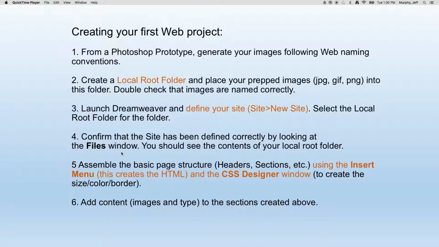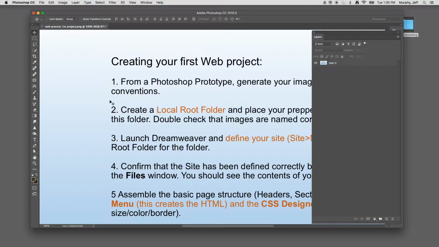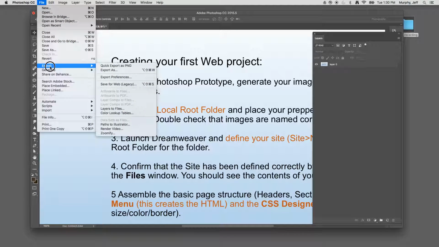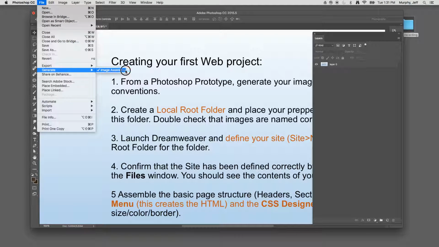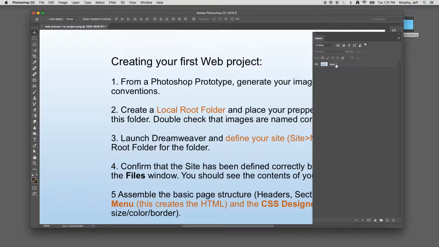In fact, this graphic right here is actually in Photoshop, so I'm just going to change my window. And you'll see there's only one layer. It's just one simple graphic. Remember to generate assets, you just go to File, Generate, and Image Assets. Make sure that's turned on. It is. And then the second I title these layers, like I might call this